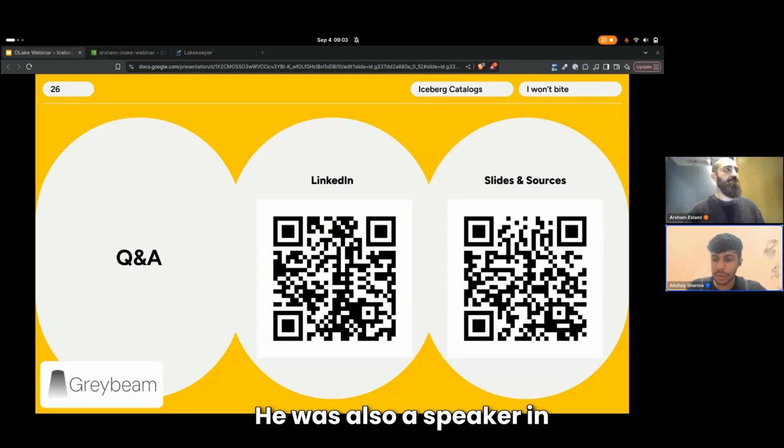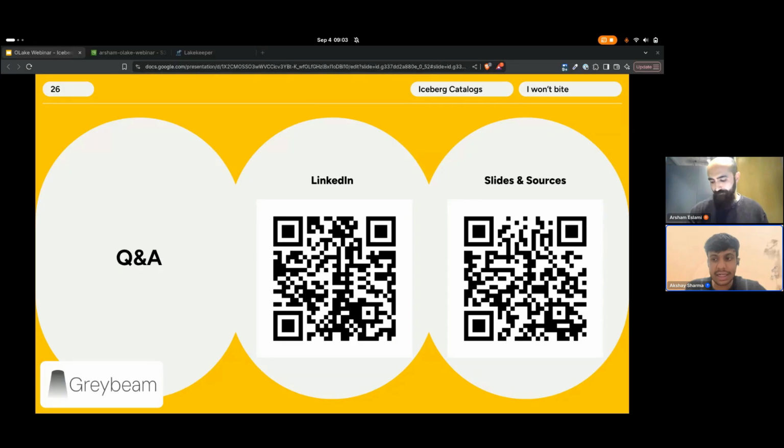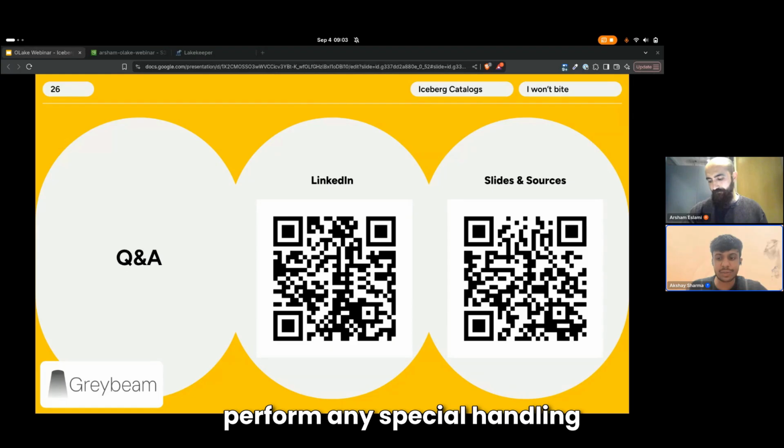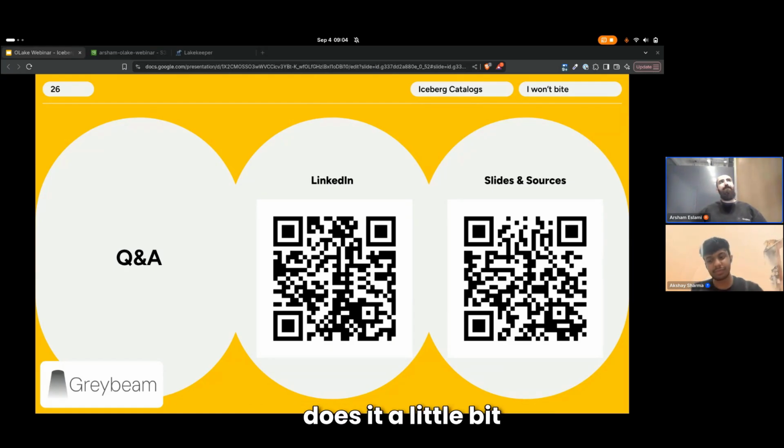He was also a speaker in one of our previous sessions, and he's asking, how do catalogs prevent lost updates with multiple writers, for example Spark and Flink hitting the same table? And do catalogs perform any special handling for object store eventual consistency? A pretty long one, but a pretty interesting one as well. I think each catalog does it a little bit differently, but they follow the Iceberg REST spec.